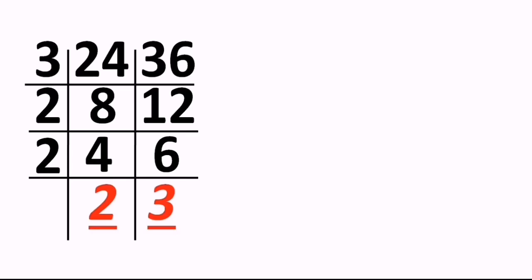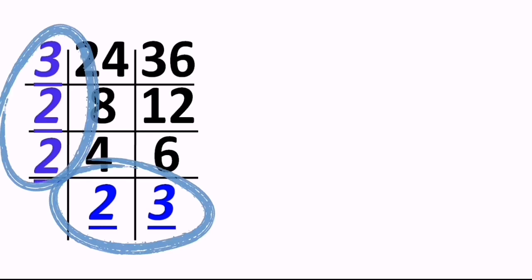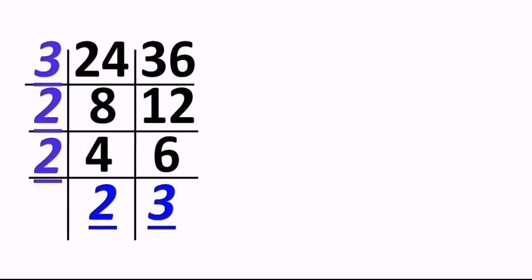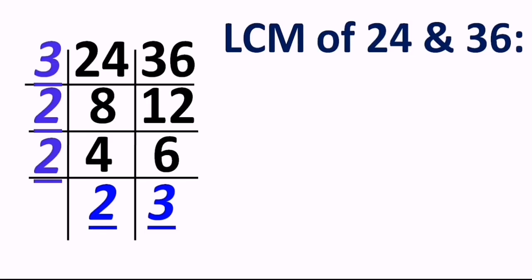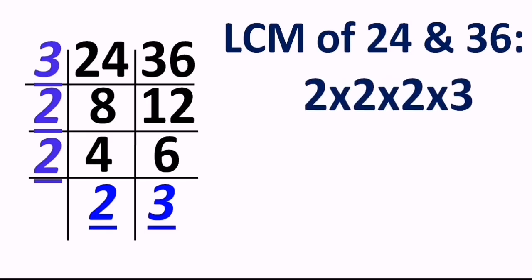But itself, correct? At this condition, all these numbers, keep it in mind, the left side numbers and the bottom numbers. What is the condition now? We are not going to divide the sums any further, right? And at that time, all these corner numbers, the way you're looking at the screen, that L shape, is going to make our LCM. And here we begin with the simple statement: LCM of 24 and 36 is what?